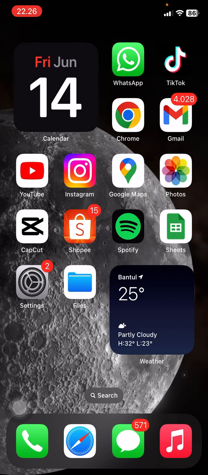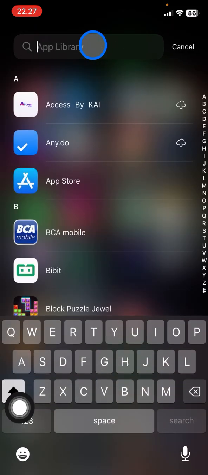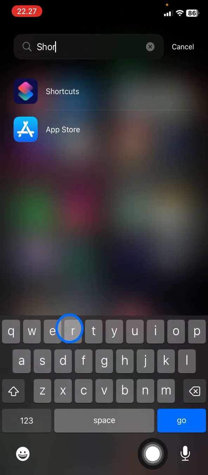I would like to tell and share with you what must-have applications you have to consider installing on your iPhone. So first is Shortcuts. Shortcuts will be symbolized with this symbol. I will type it first into my App Library. So here is the symbol of Shortcuts, and why you have to have this, because these shortcuts can help